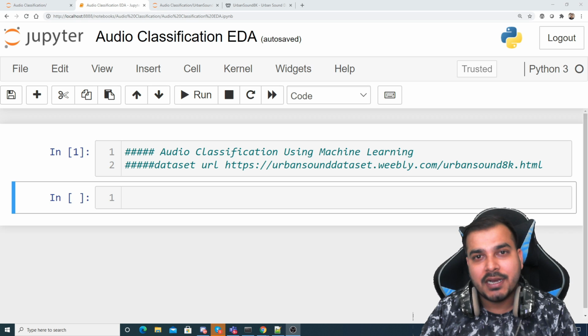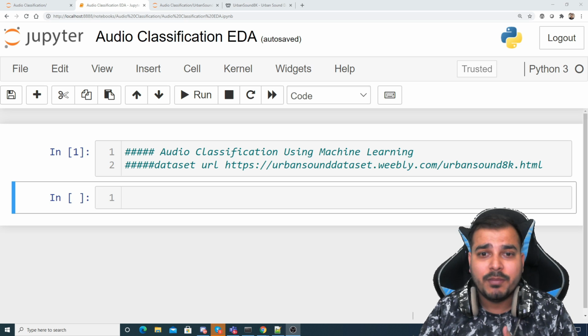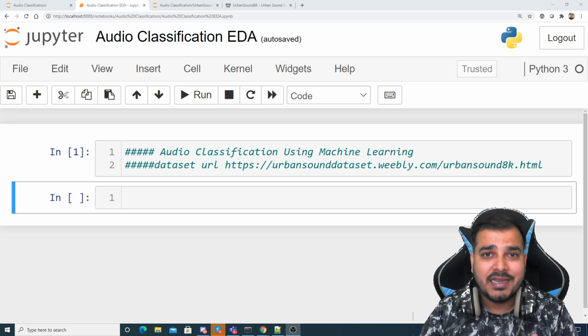Now what we are going to do is develop this project completely from scratch. We'll train it with ANN, CNN and various deep learning models, and we'll also try to see the accuracy. Remember, these videos will be mostly divided into 3 or 4 parts. First one is the EDA part, then the data pre-processing part, and then finally we'll create a model, and then we'll implement this entire thing.